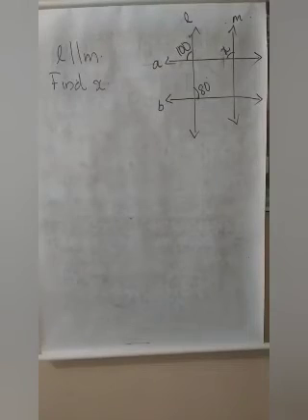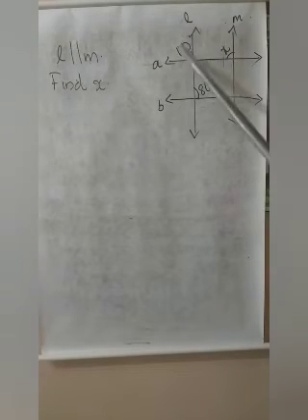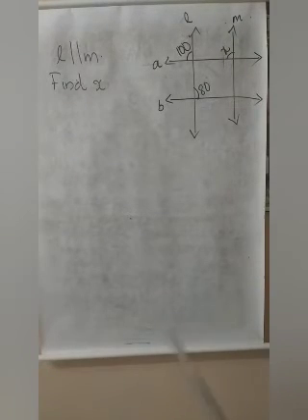Next question: given the figure like this, and the given condition is that the lines L and M are parallel. We have to find the value of X. So what is given? The lines L and M are parallel. We need to find the value of X. By observing the figure, two angles are also given. So by seeing the figure, how can you find the value of X?